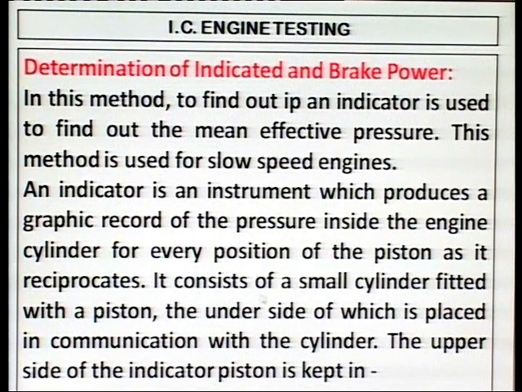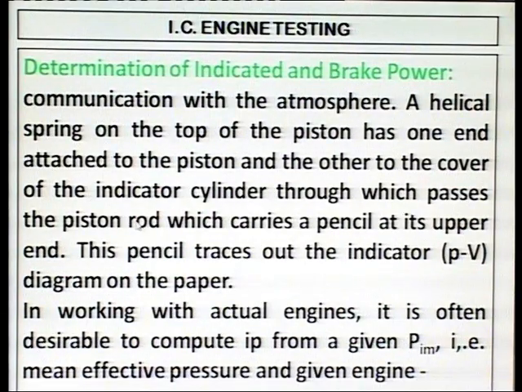It consists of a small cylinder fitted with a piston, the underside of which is placed in communication with the engine cylinder. The upper side of the indicator piston is kept in communication with the atmosphere. A helical spring on the top of the piston has one end attached to the piston and the other to the cover of the indicator cylinder, through which passes the piston rod, which carries a pencil at its upper end. This pencil traces out the indicator power PV diagram on the paper. On working with actual engines, it is often